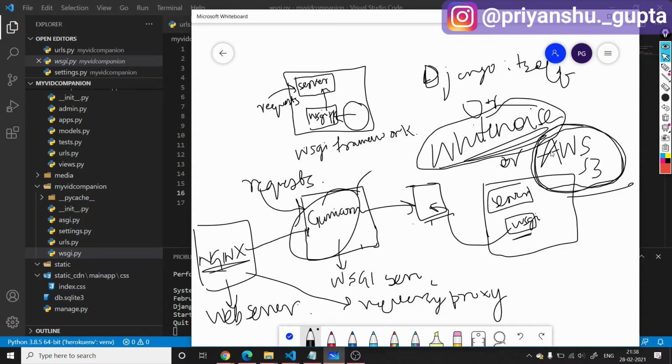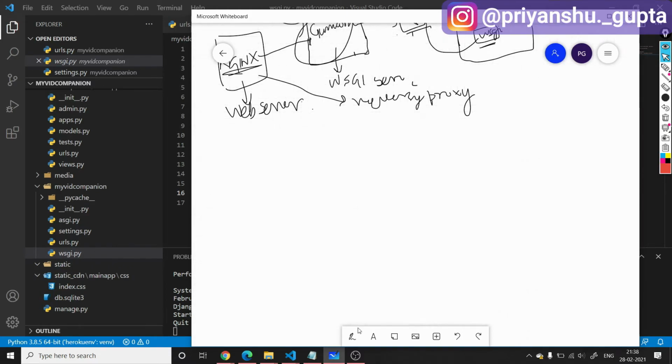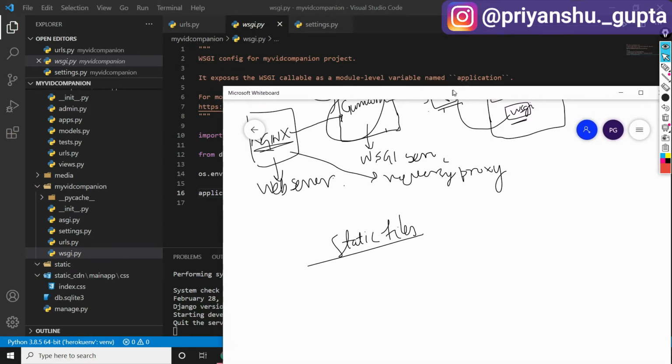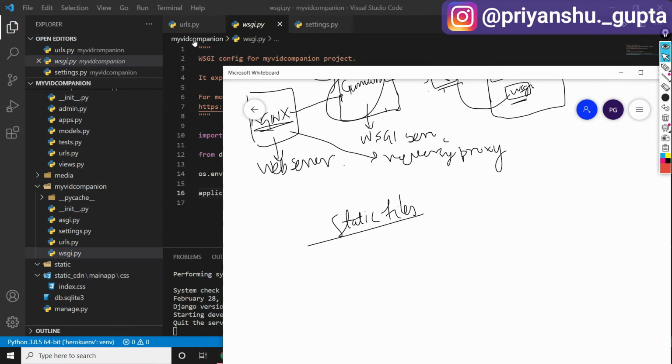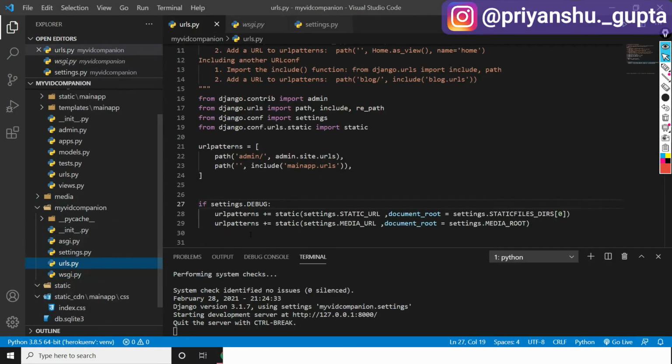So you can use this S3 bucket for serving your static files and media files as well. So now we have learned about different ways to handle static and media files, like using static files DIRs. The static files app is built into Django, but this can handle only your static files, not media files. For media files we have to specify a URL here in your urls.py file.